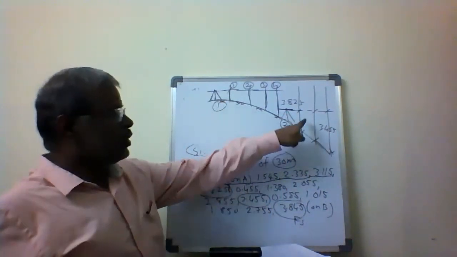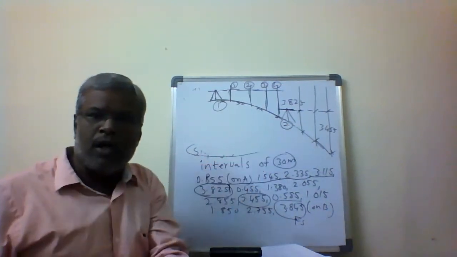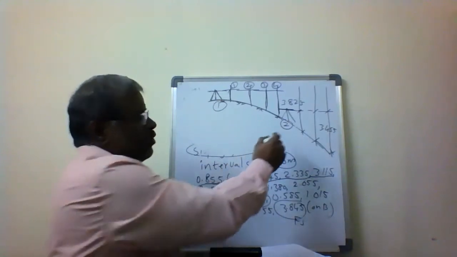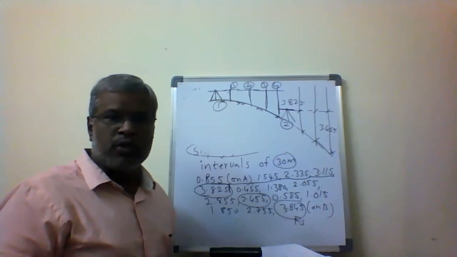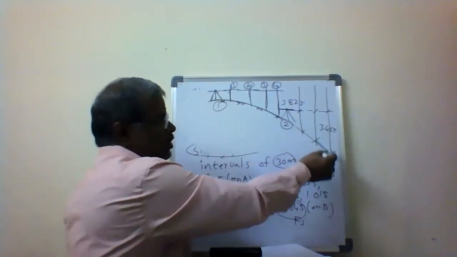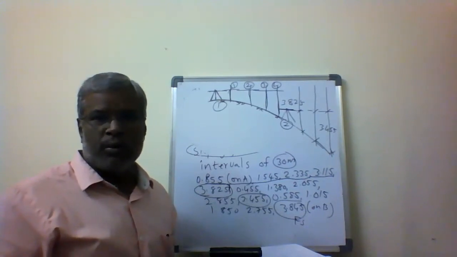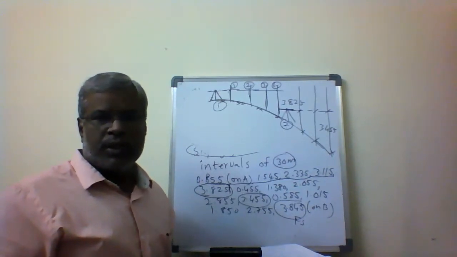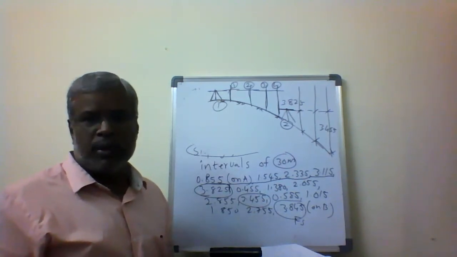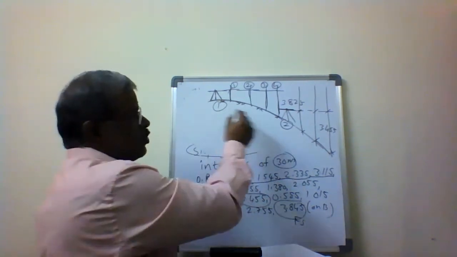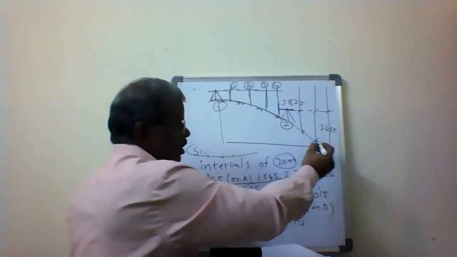Now the beginning value, nearer to the instrument, will be a low reading, and as the distance keeps increasing, moving towards the slope, the staff reading increases. At a certain point the staff is not visible, so we have to shift the instrument. Then we reach the last point, and we are going to find out the gradient.